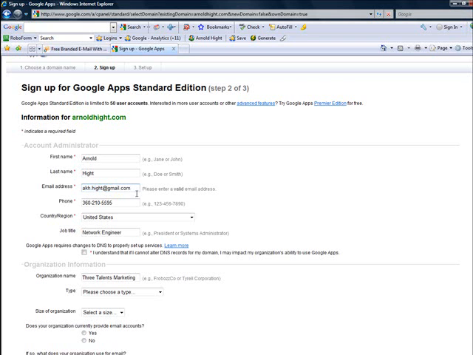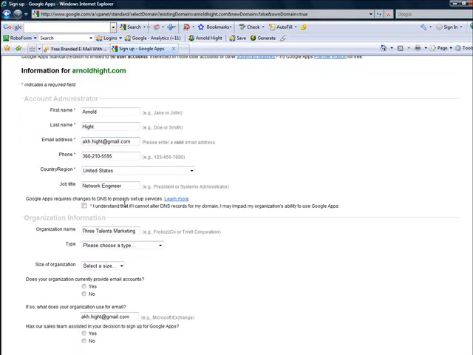The reason being is if you ever lose access to your Google Apps site, it's going to use this email to reset your password or send any correspondence in order to get access to your account. So just make sure it's some email address that is going to be used in the future. Phone number, country, all this stuff you can fill out to your liking. This here where it says check that I understand if I cannot alter DNS records for my domain, I may impact my organization's ability to use Google Apps. That's okay. I'm going to show you how to control DNS through your GoDaddy site, so just go ahead and